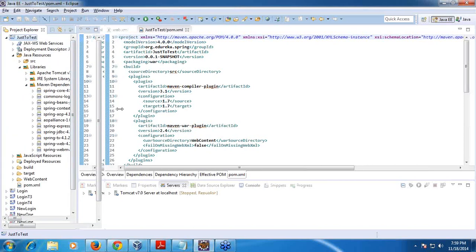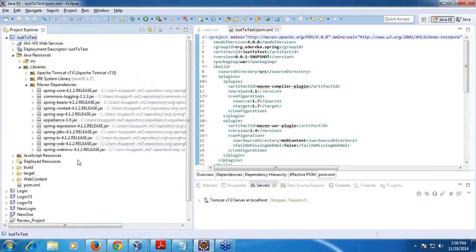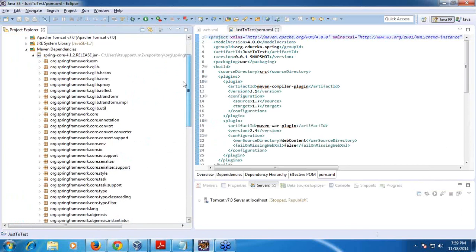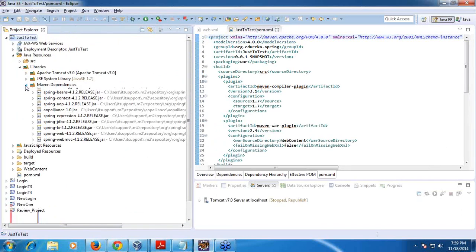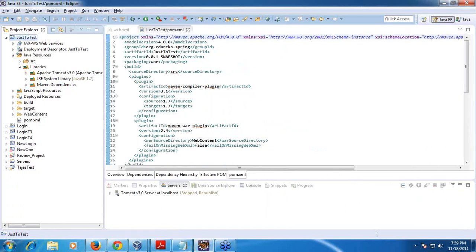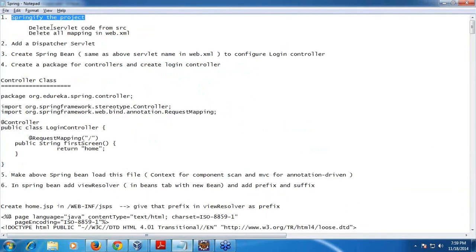You can see all these jar files have come here, right? So core, if you click, you can see all the classes here. It is already downloaded, right? So first step, we have deleted it and then included all the jar files, right?